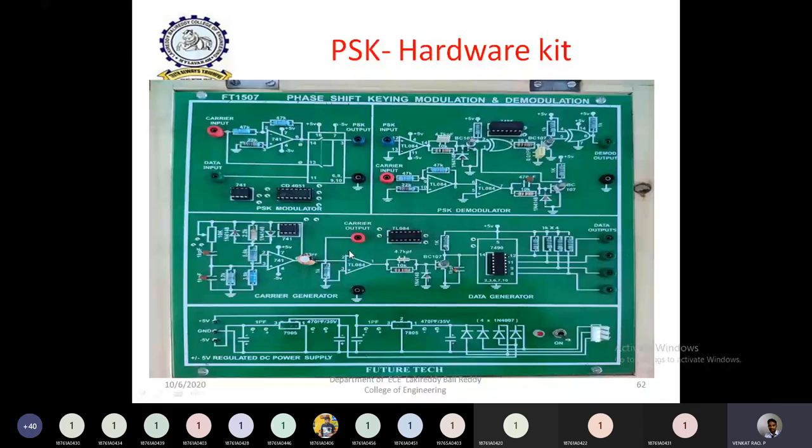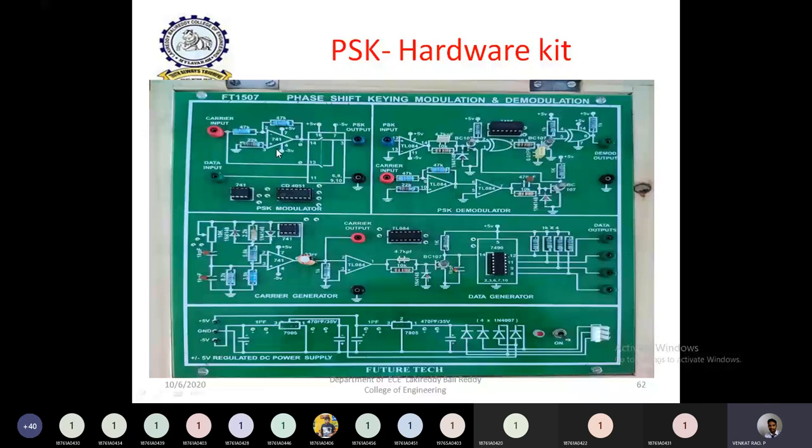But here, every component, ICs, transistors, diodes, resistors, everything is displayed with clear IC numbers also. That means you can observe a practical circuit which is used for generation of PSK modulation as well as demodulation, and also how the power is generated, and how the clock is generated. IC implementation is not in our discussion, but try to observe that by using operational amplifiers and different IC connections, we can generate this PSK modulated signal.